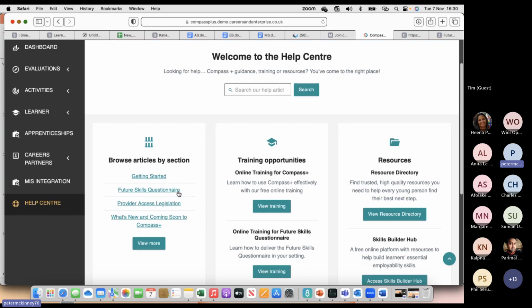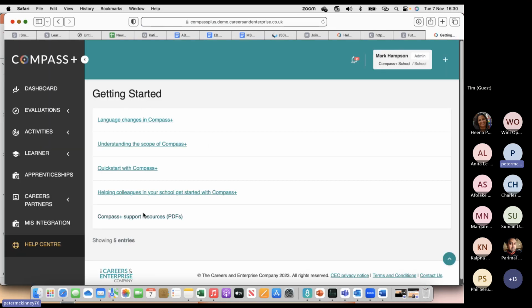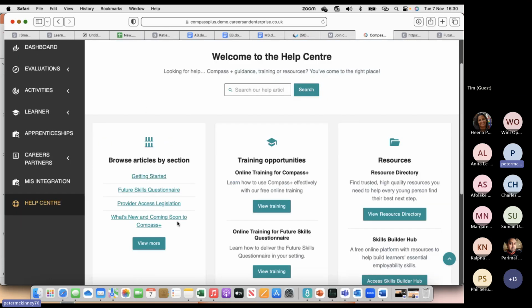If we look at this left-hand column to start with, if I just clicked on Getting Started, it will then take you to a few different hyperlinks on Quick Start with Compass Plus, how you can access different things within Compass Plus. If, for example, you had a particular